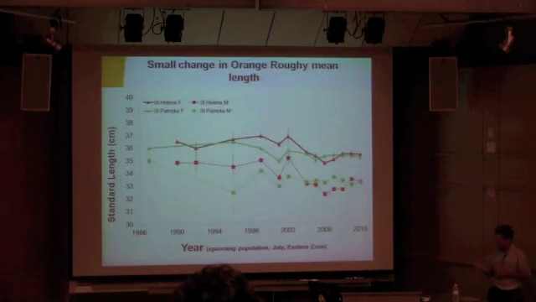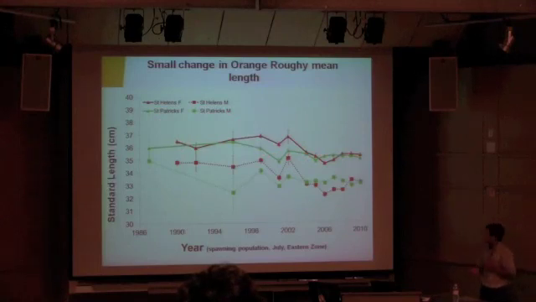An index that commonly gets used is length. And this is the same sites. St Helens is one, St Patrick's is the other. And you can see the length, there's very little change, about a centimetre over that time frame. But again, there's quite a lot of variation and differences between sites, which could be sampling bias or could be real age or length